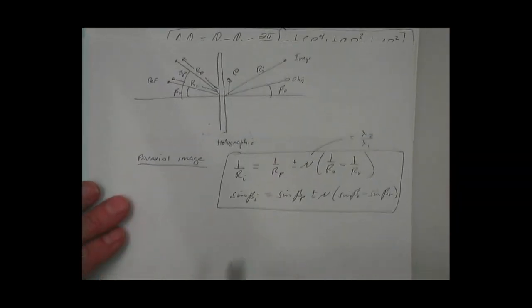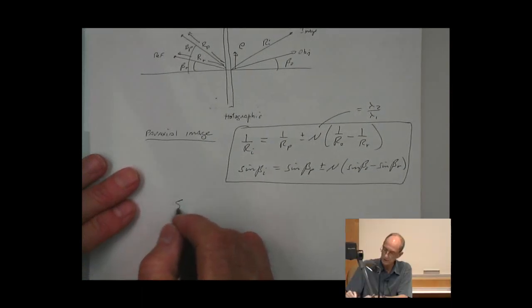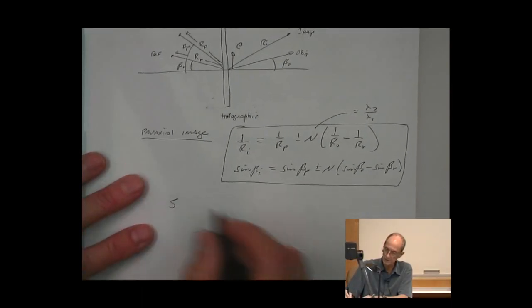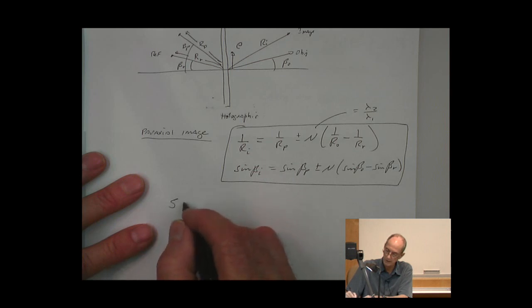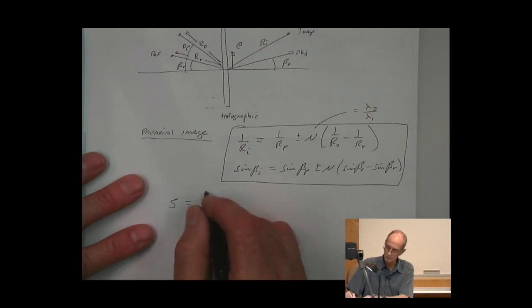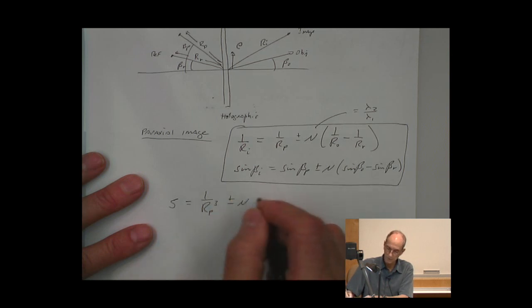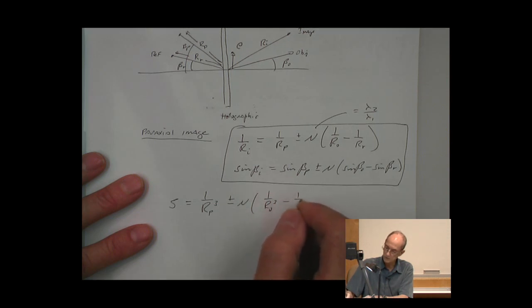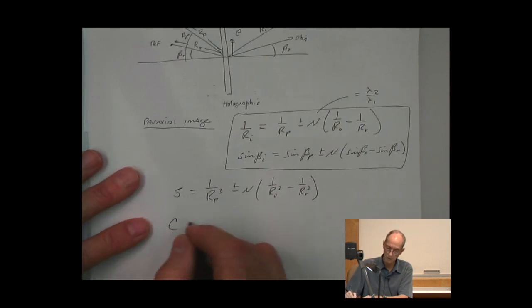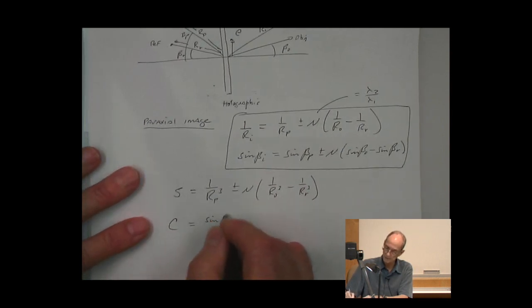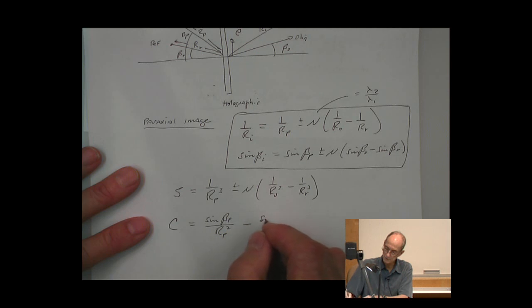The spherical, coma and astigmatism coefficients can be written in terms of these in the following way. For the spherical, S is equal to 1 over rp cubed plus or minus mu times 1 over r0 cubed minus 1 over rr cubed. The coma C is sine of beta p over rp squared minus sine of beta i over ri squared